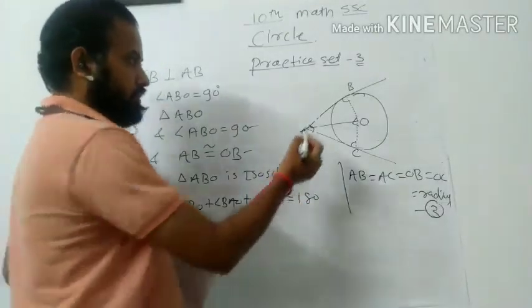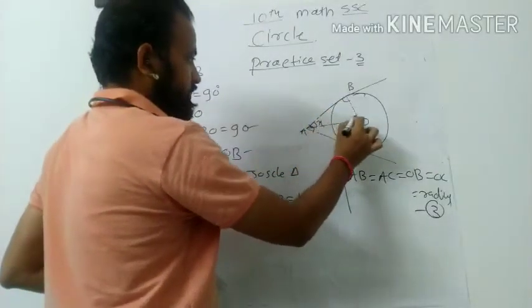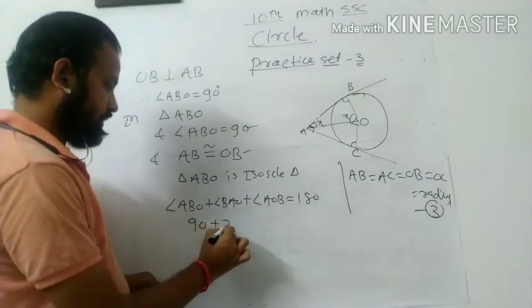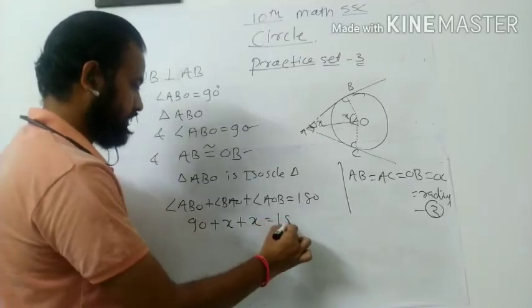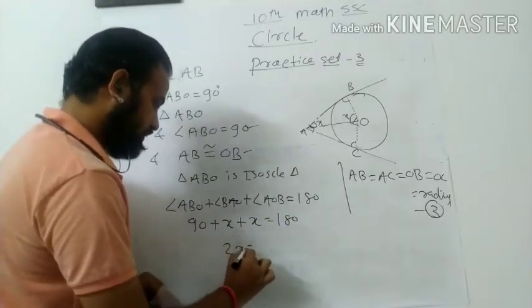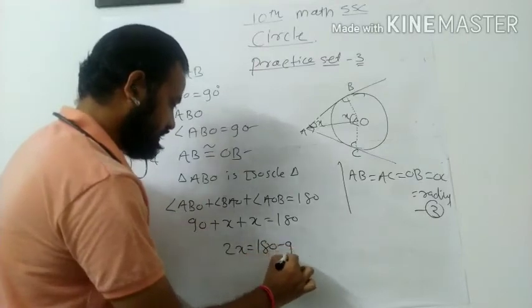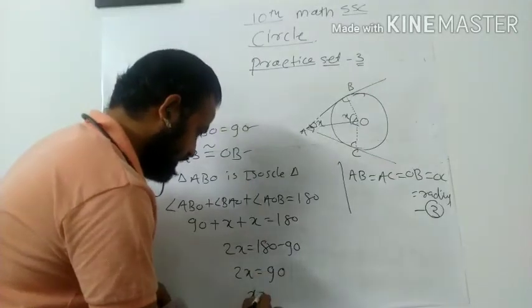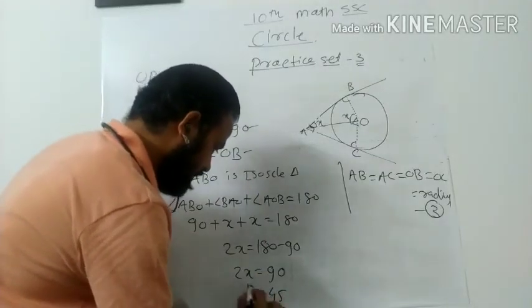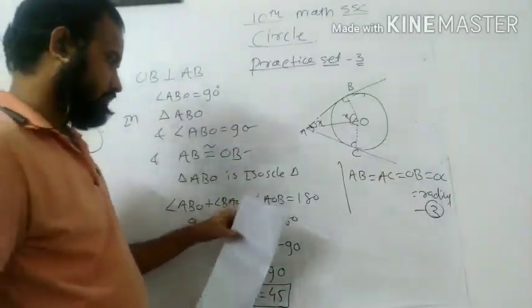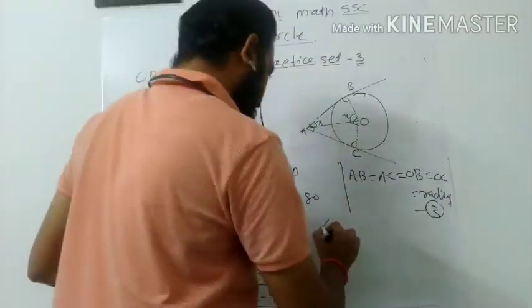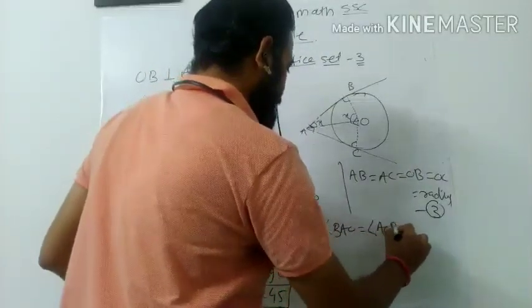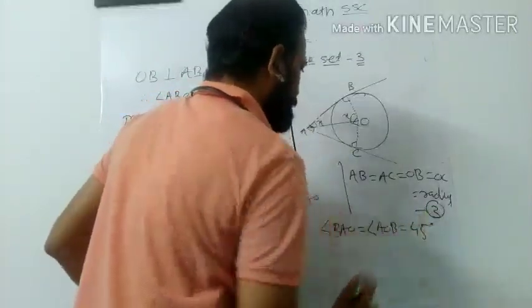Now this angle is 90. If I assume this angle as x and this is also x, I put the values: ABO is 90 degrees, BAO is x and AOB is x, which is equal to 180. So I can write here 2x equal to 180 minus 90, or 2x equal to 90, therefore x is 45 degrees, isn't it? If x is 45 degrees, it means angle BAO equals angle AOB equals 45 degrees, isn't it? Means these two angles